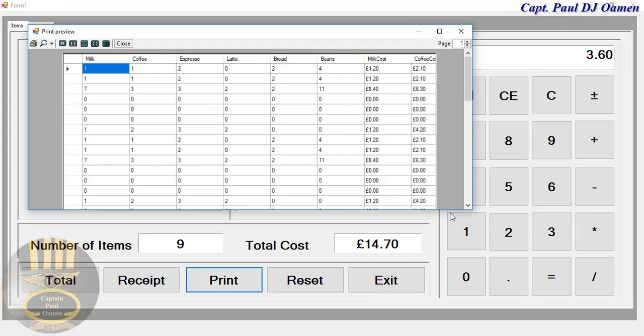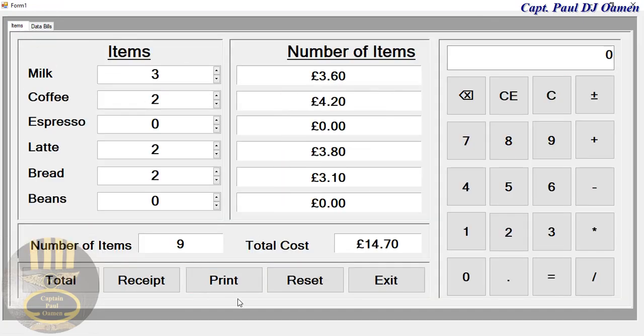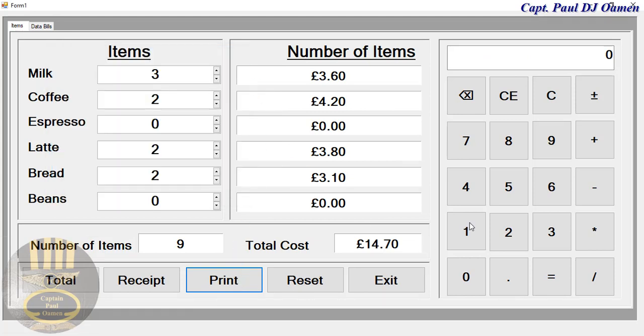Alright, there, and you can even print it out. Just hit the print button, and if you want, you can also sum up everything yourself in here and so